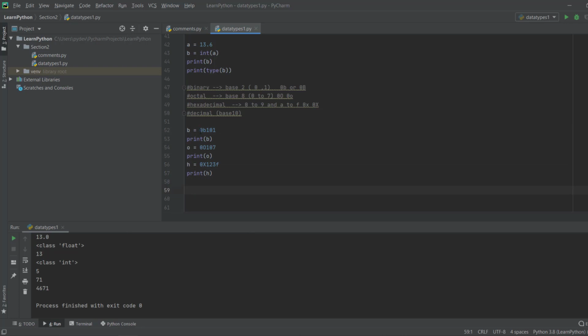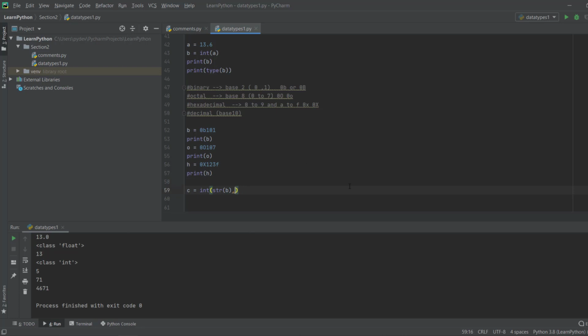You can also change these representations. For example, if you want to convert a binary into an integer, what you can do is c is equal to int of str of b. You have to convert this into a string, so str is basically going to convert this binary into a string, comma, you can give base 10 or this is the default actually.